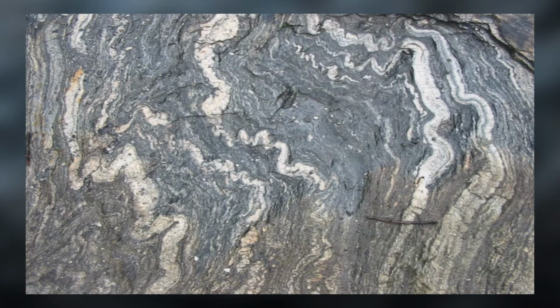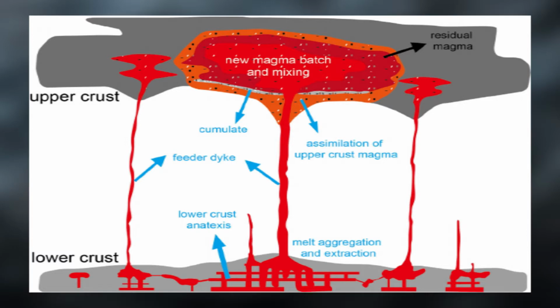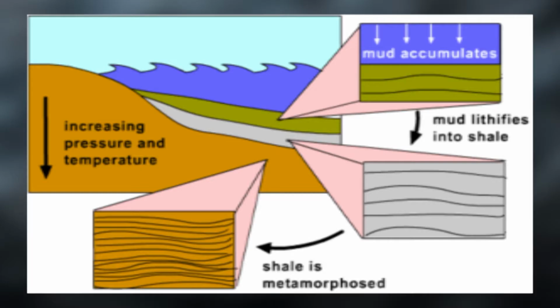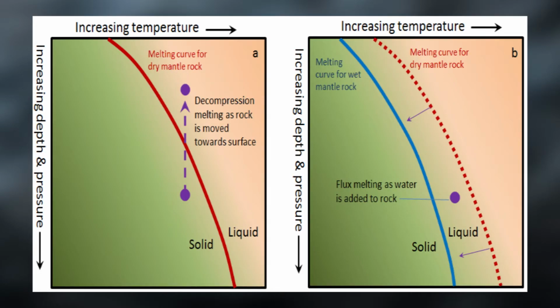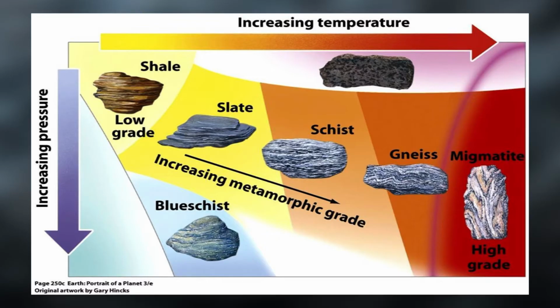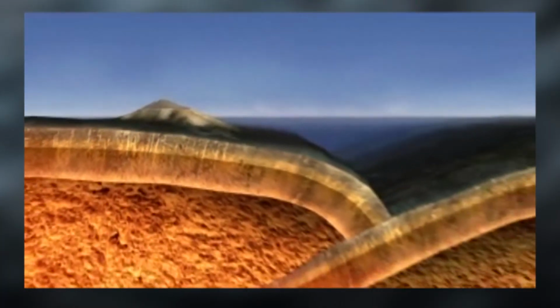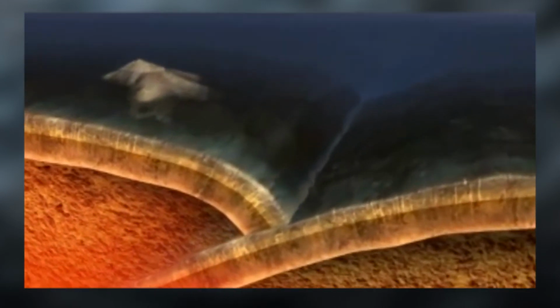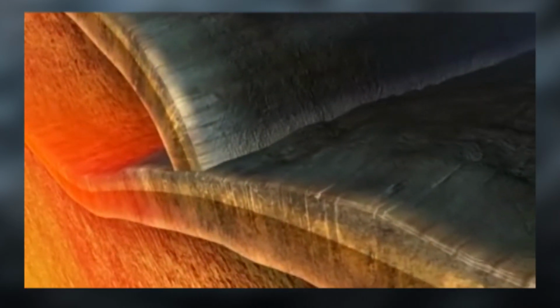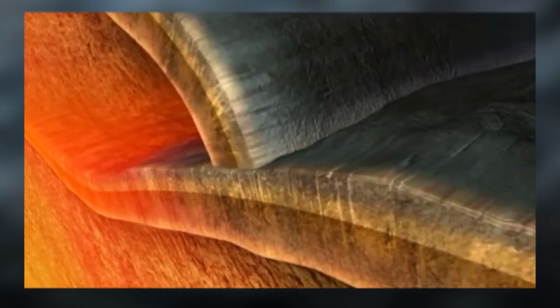Anatexis, or the anatectic process, for the origin of pegmatites and granite has been shown by experimental melting of rocks, mainly shale, greywacke, schists and gneisses. Anatexis is the most important process affecting the Earth's crust. As stated earlier, it occurs in the deep crust, particularly in areas along convergent plate margins and in collision mountain